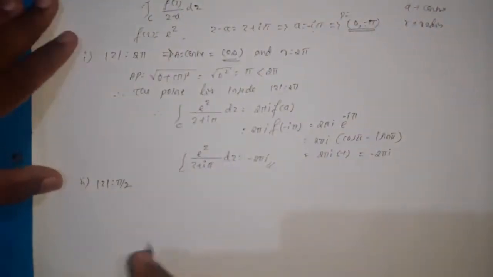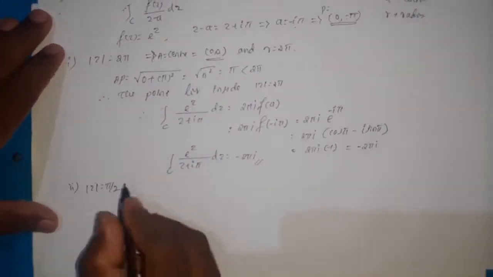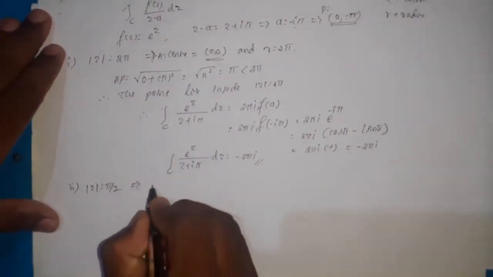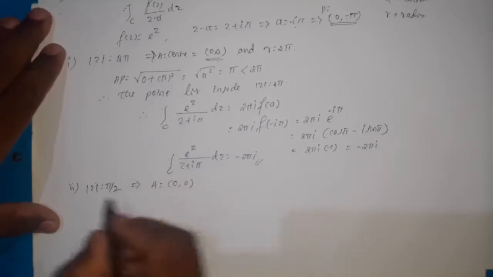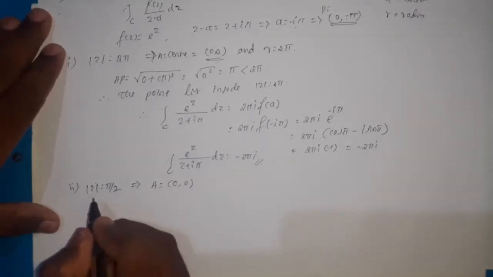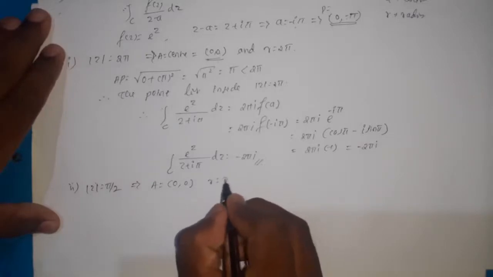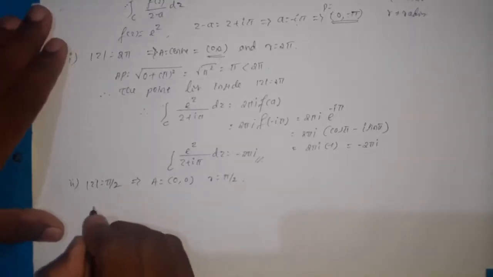And the next curve is mod z equal to pi by 2. So for this circle, let us consider a as the center. So a is equal to 0 comma 0, because it is z minus a. So here a is 0 and radius is pi by 2. Then let us